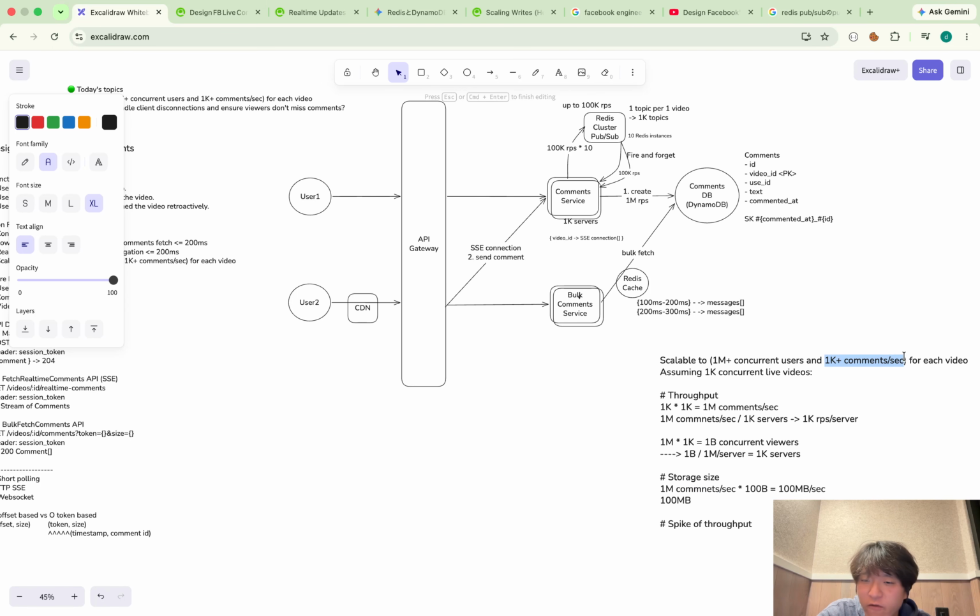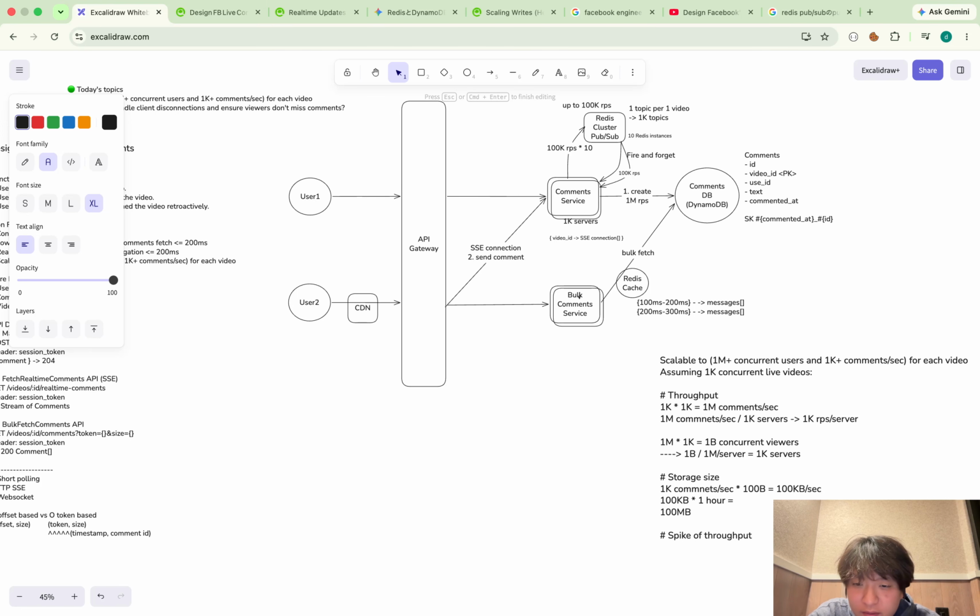So this is per video. So every second, 100 kilobytes of data is created per video. And in an hour, let's assume that the video is 1 hour.